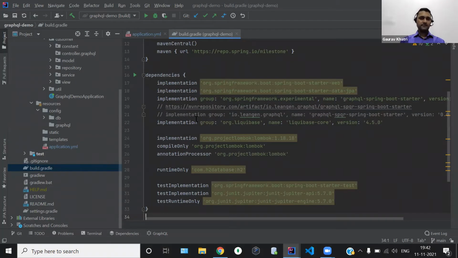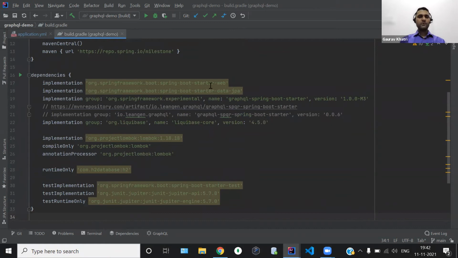Once we have all the things in place, we can open that project using any of the IDEs. For this, I am using IntelliJ over here. Before I start writing the code, I just wanted to explain what dependencies I am using. The first dependency is Spring Boot Starter Web, which helps us to write blocking web services on blocking IO. The second one is Spring Boot Starter Data JPA, which will help us to perform database operations using the Hibernate ORM. Then I am using the Liquibase dependency, which will help us to run database scripts in terms of DML and DDL.